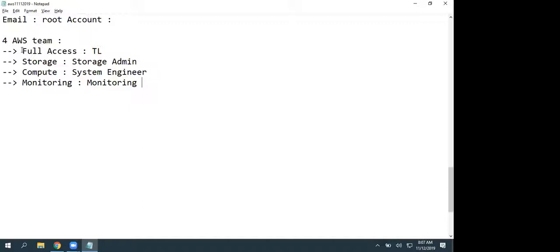You can give root access to all these users. But do you have any guarantee that this user who is just going to monitor is not going to perform any write operation? He may launch a server or he may accidentally terminate a server. Why? Because the permissions you have given to that user can perform anything. The level of permissions you are allocating. Agree or not? So this full access, fine.